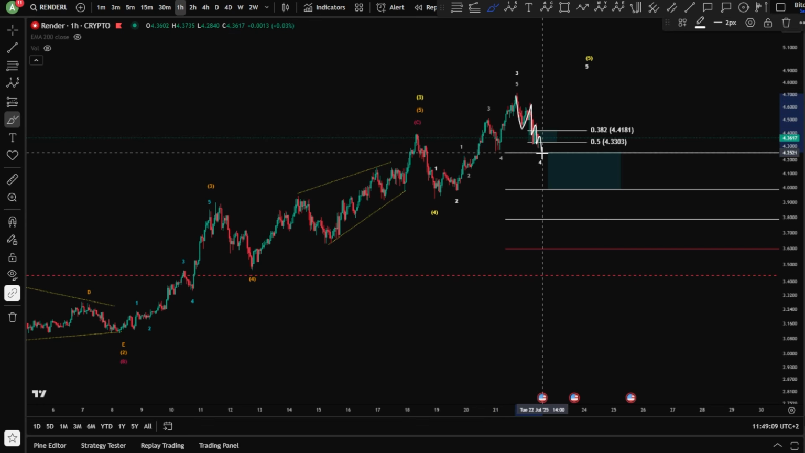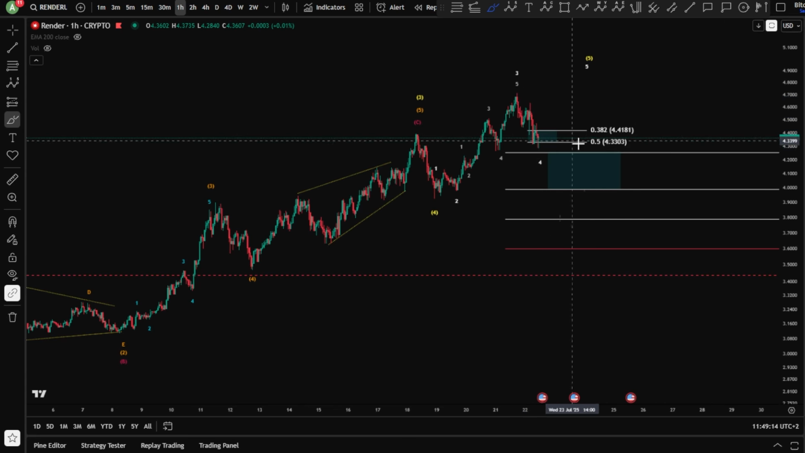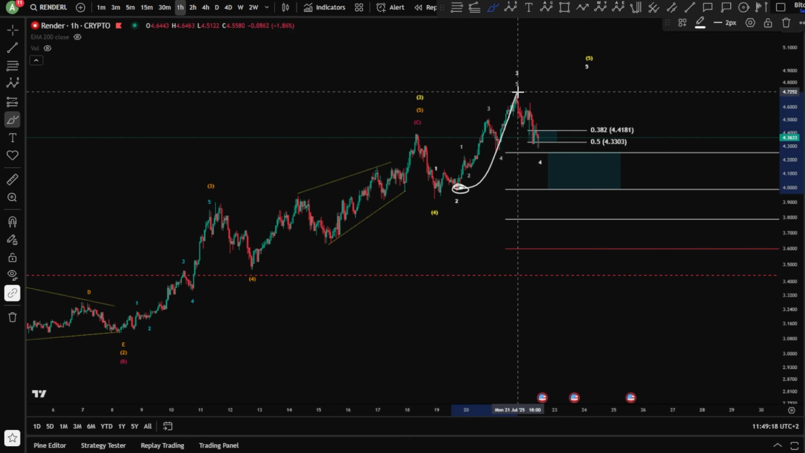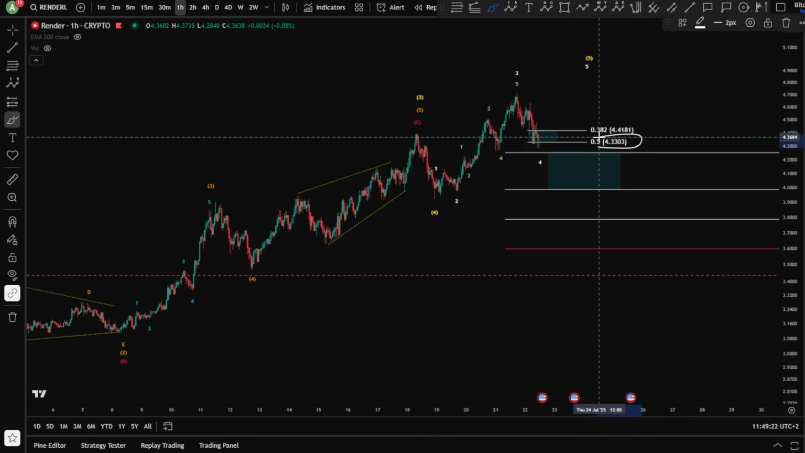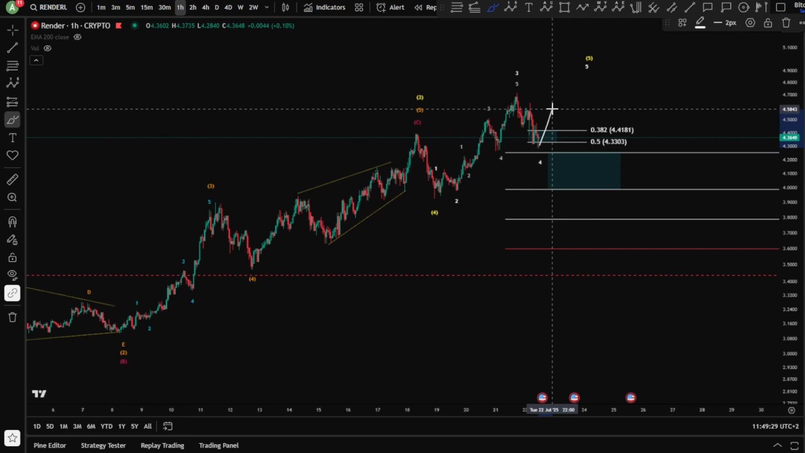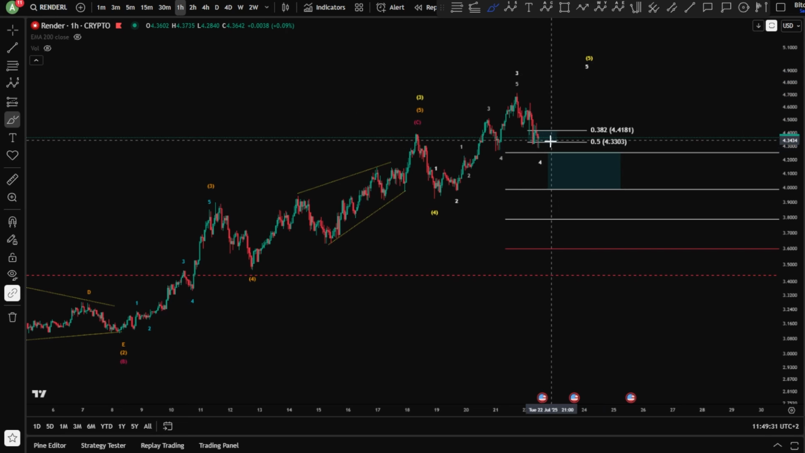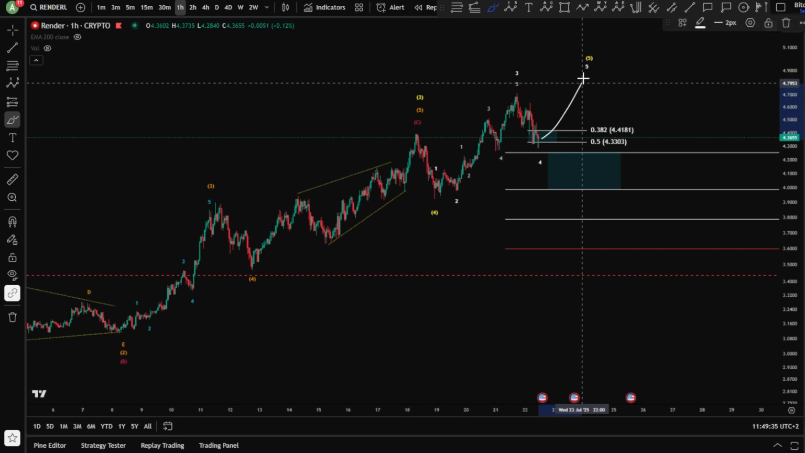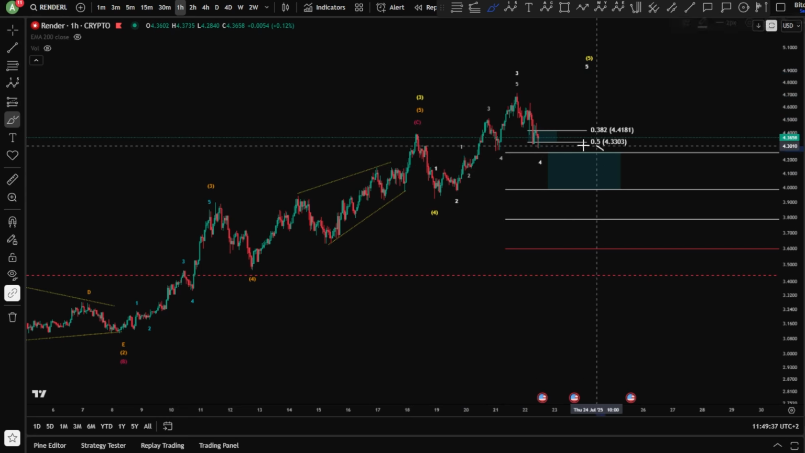And then we can see something like an ending diagonal finalizing between this blue box, 0.5, 0.38, taken from this wave 2 to the wave 3 retracement. And we see the $4.33 taken already, and potentially in time as well, perfectly respected. So we might see something unfolding towards the upside as a continuation for wave 5 here before